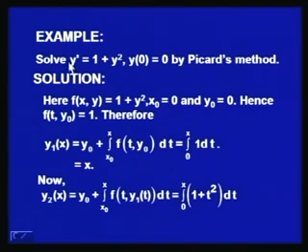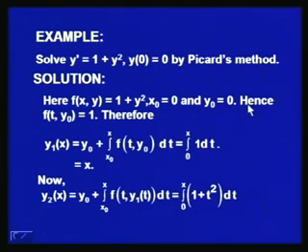Let us solve an initial value problem using Picard's method. We are given dy by dx equal to 1 plus y square, where y at x equal to 0 is 0. So, if you compare this differential equation y dash equal to 1 plus y square with the standard form dy by dx equal to f x y, you find that f x y is equal to 1 plus y square. The initial condition y at 0 equal to 0 gives us x naught equal to 0 and y naught equal to 0,